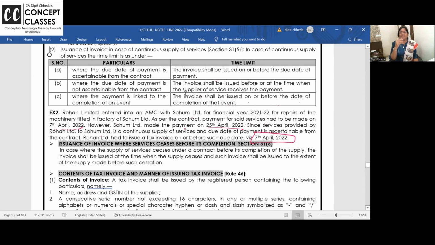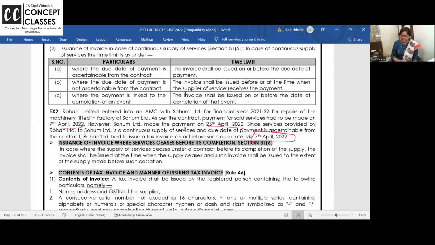Ma'am, if you are giving fees in advance, then I'm liable to pay the GST that same month because this is advance against services. I'm giving you 6 months coaching and I'm taking 20,000 in advance. I'm liable to pay GST now, issue the invoice and finish. So when there is supply of services and advance is received, I'm liable to pay GST. If it is supply of goods and advance is received, I'm not liable to pay GST.